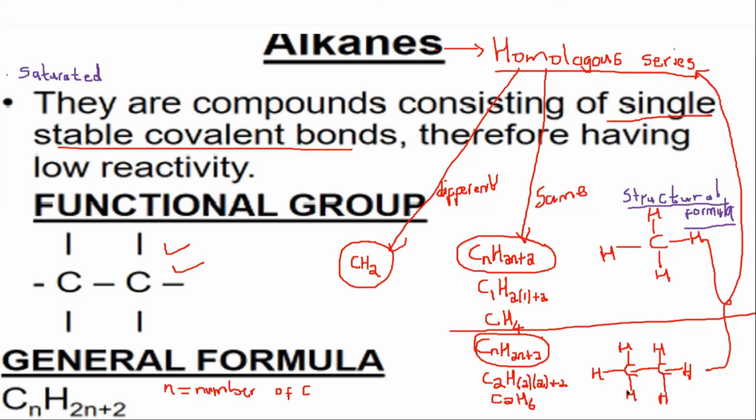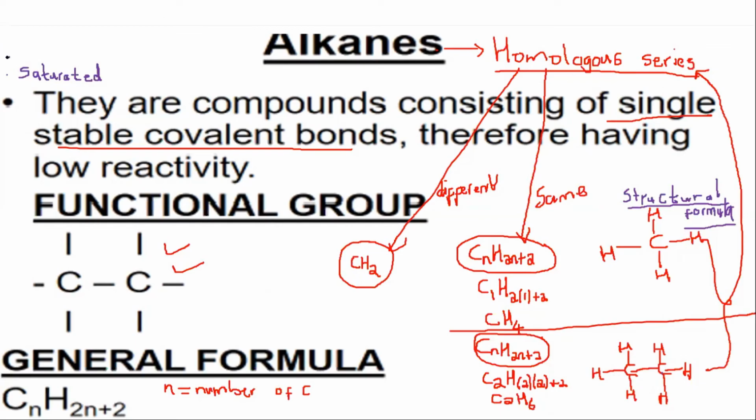Remember, when we go further and we look at alkenes, you will see that alkenes also have single bonds between carbon and carbon atoms, but it's not only single bonds, they also contain a double bond. So with alkanes, it is only single bonds between carbon and carbon atoms. And you don't just say only single bonds, because there is a single bond between the carbon and hydrogen. You must be specific that the single bonds are between carbon and carbon atoms, and it's only single bonds. Furthermore, my dear learners,